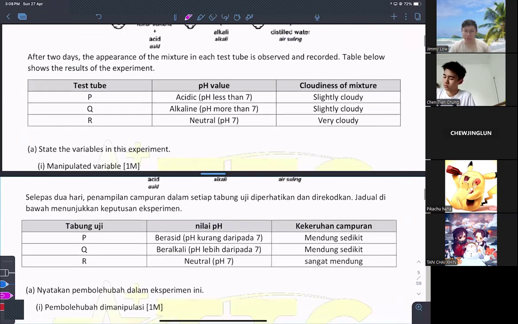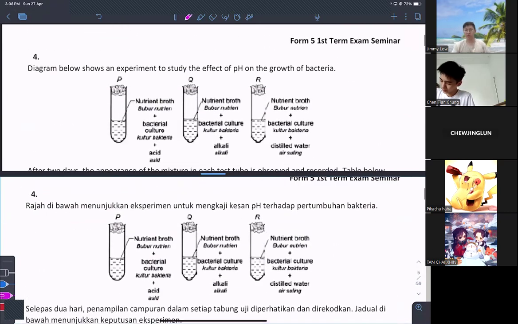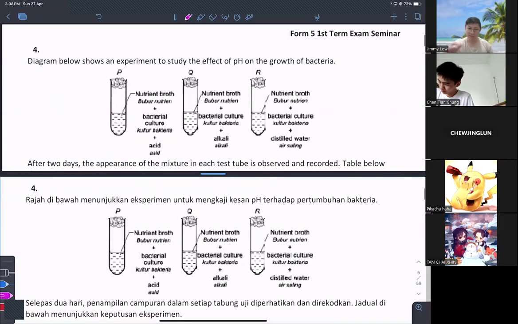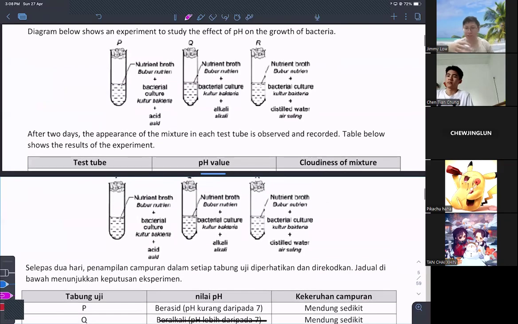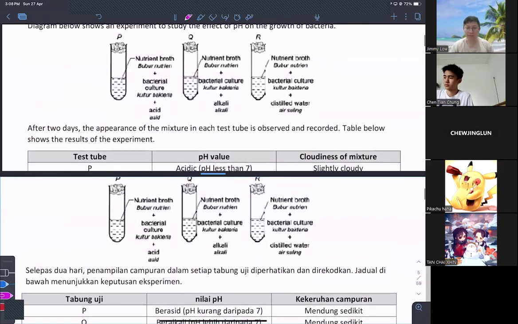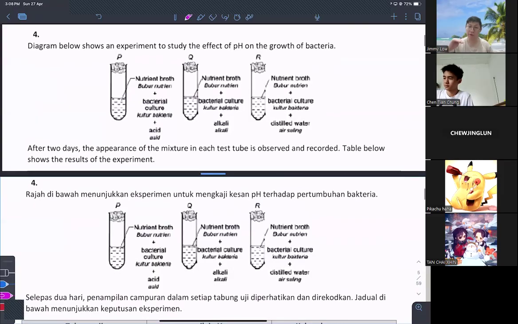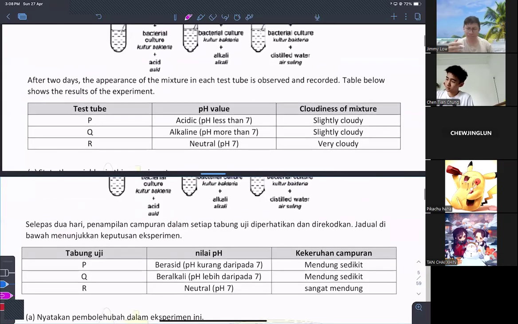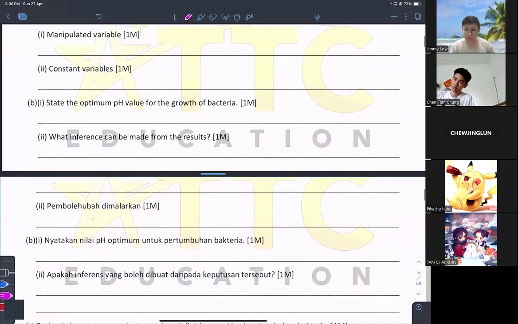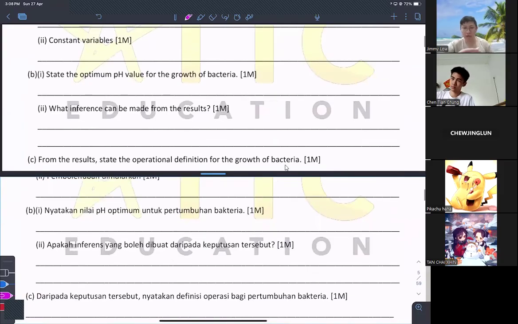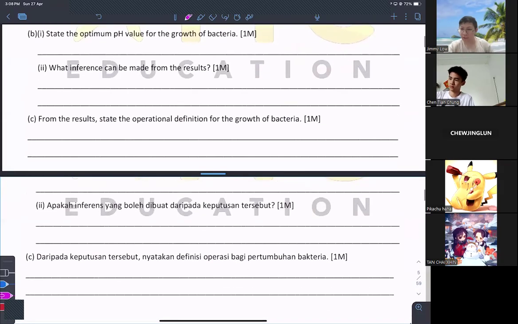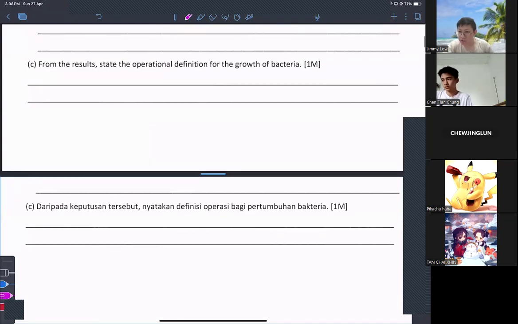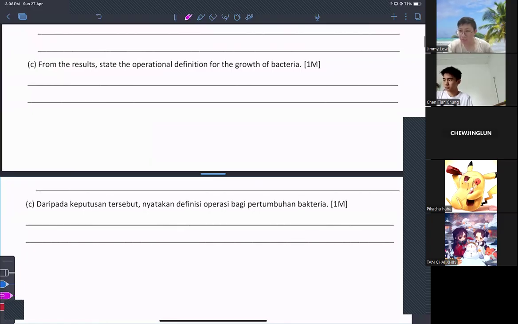All right. Then we go to the next question, which is actually similar. You can try to practice on your own, like question 4, applying what we have learned before. The format stuff you throw inside. Because in this question style, you can see the format, the diagram, everything is actually the same as what we have learned just now. The difference is just now we used light intensity, but here we are using pH value. They only change the manipulated variable, but in the end, everything is the same. Just try to ask yourself whether you are able to handle the format or not. Bacteria is a microorganism that causes the condition of nutrient broth to be cloudy after a period of time.